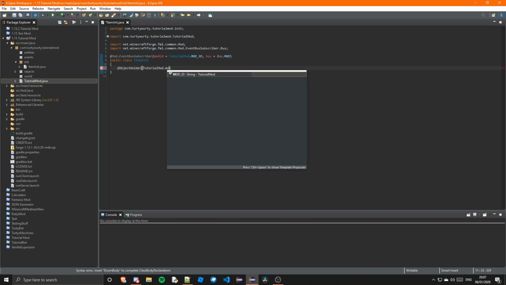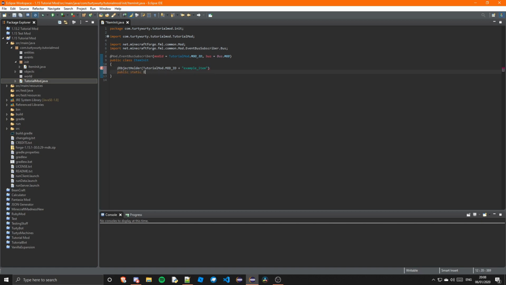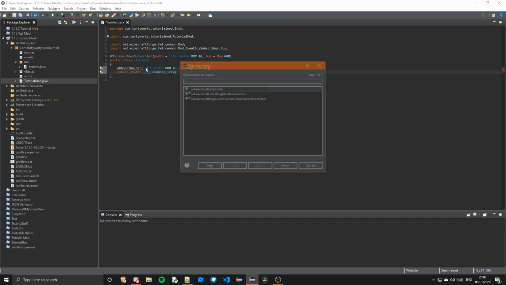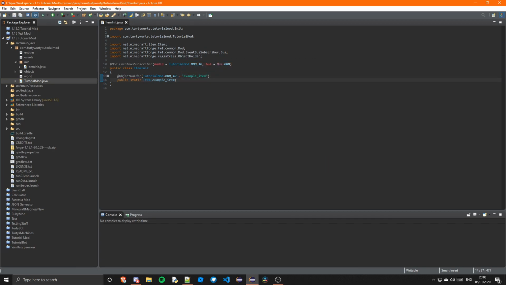TutorialMod.MOD_ID plus example_item, and then public static Item example_item, and then we're going to line down @SubscribeEvent. This is going to be a public static void registerItems. This is going to be a final